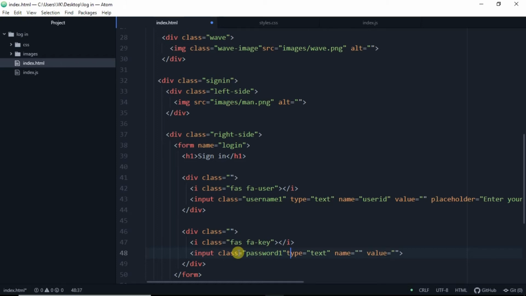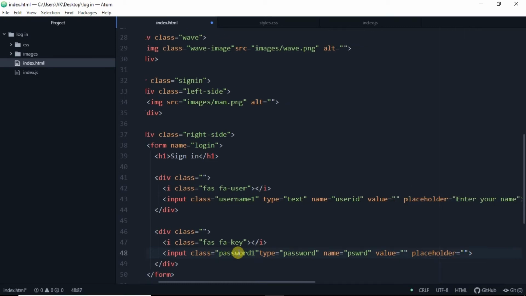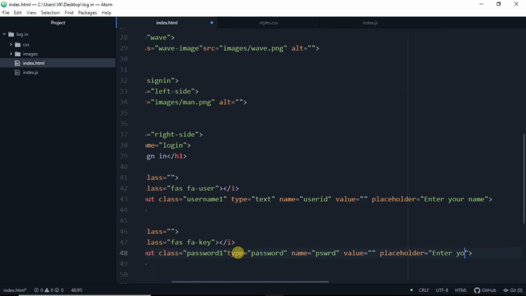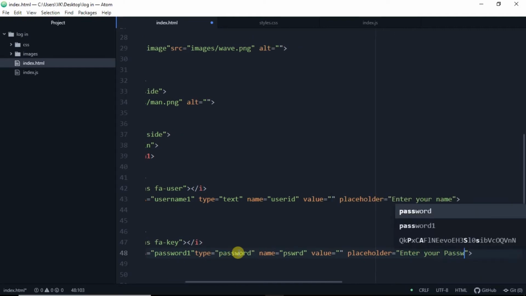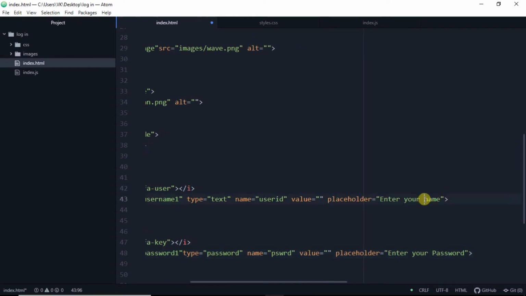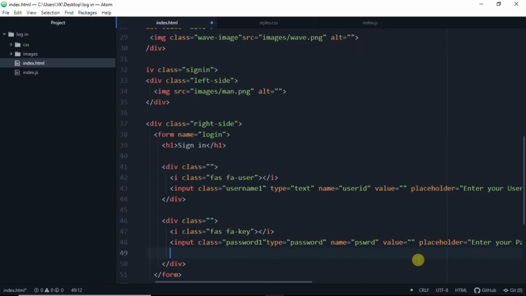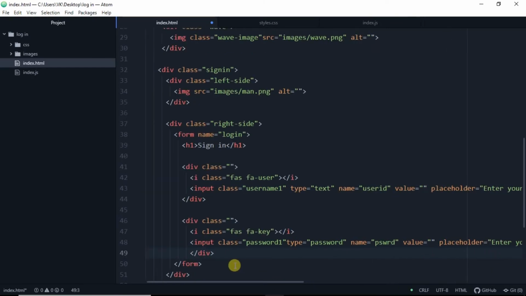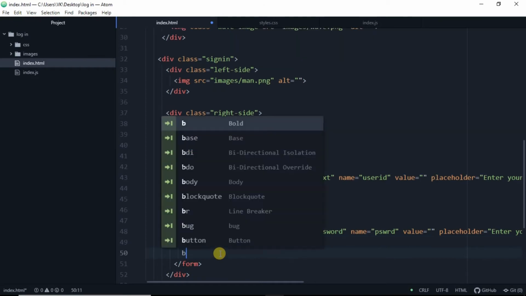Now let's make it one, we'll avoid confusion. The password name will be pswrd, placeholder, enter your password. Please small, enter your password, and we'll make Your Username with capitals, it will look nicer. So we'll end our div here.